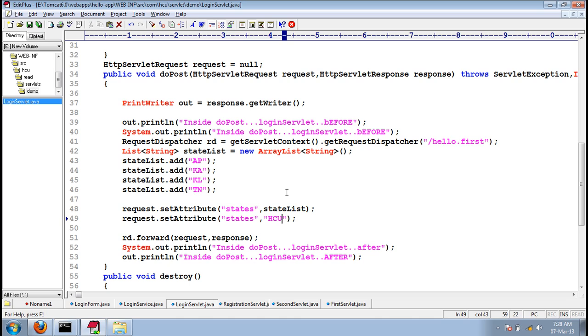If you want to add an attribute, we use set attribute. If you want to update the attribute value, then also we use set attribute with the same name but the updated value. And if you want to get the attribute, we use request dot get attribute with the name of the attribute. And if you want to remove the attribute, then there is the method request dot remove attribute of the same name. Set attribute, get attribute, and remove attribute. These are the three